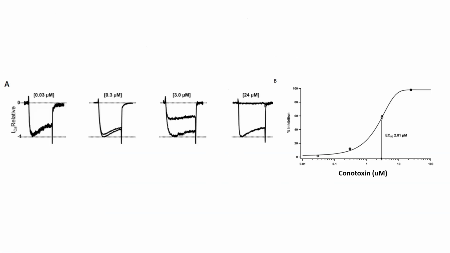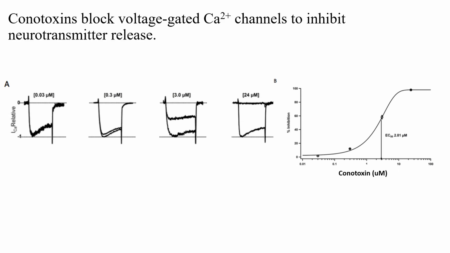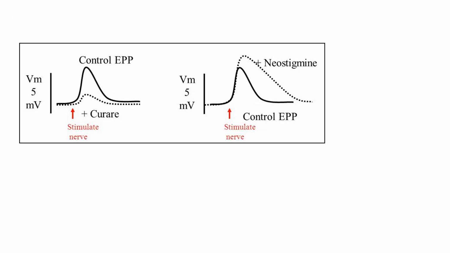Yes, calcium is the one. So conotoxin blocks voltage-gated calcium channels to inhibit neurotransmitter release. Neostigmine, right? Here we stimulate the nerve, right? So in the control, when you are giving a stimulus of high millivolt, it is causing the action potential, the excitatory